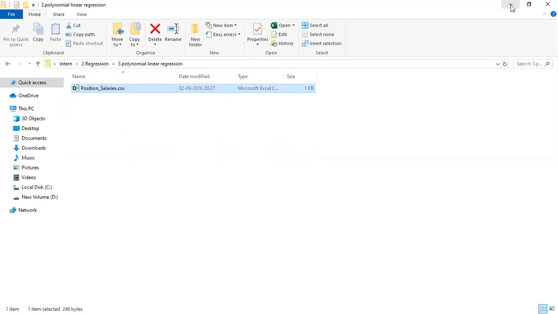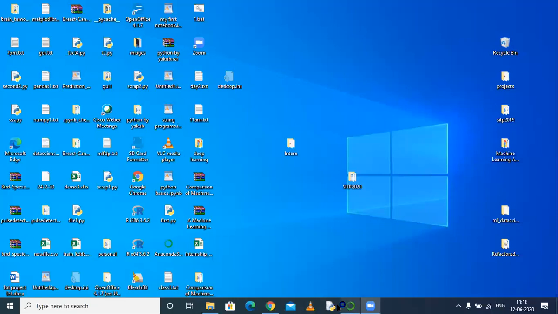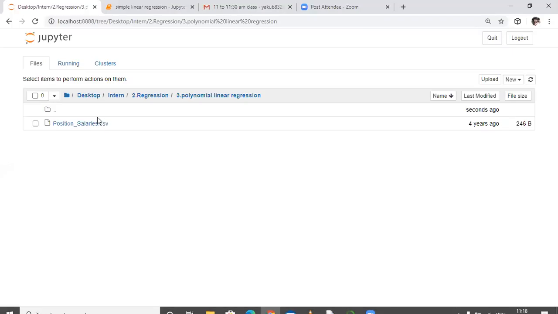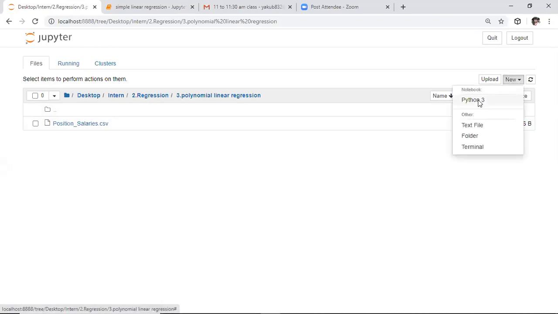Before this, I will explain one more thing: how to open a file which is present in a different location. Till now, I was keeping the CSV file or Excel file in the same working directory. But if you have the CSV or Excel file in another folder, how do you read it? I will explain that now itself. Whenever you want to work on any data set, first we need to import the essential libraries. So we will start with that.